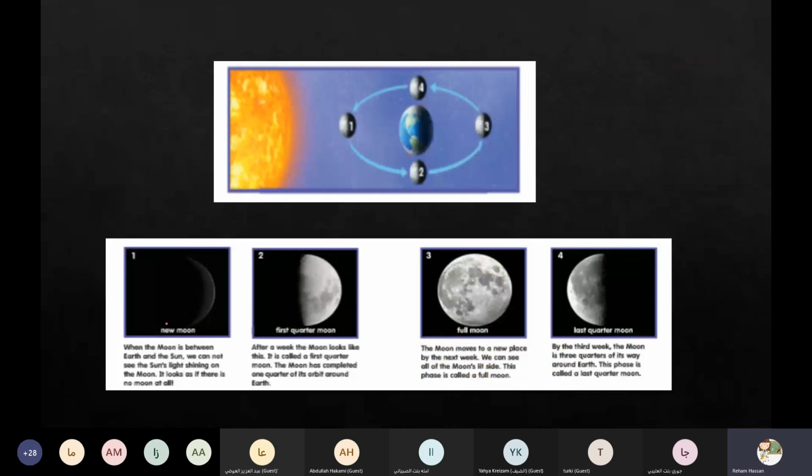Okay, so we have 4 phases of the moon. The new moon: we cannot see it in the sky. It happens when the moon is between the Earth and the sun. And first quarter, after a week. Now the moon looks like this, first quarter. And full moon,